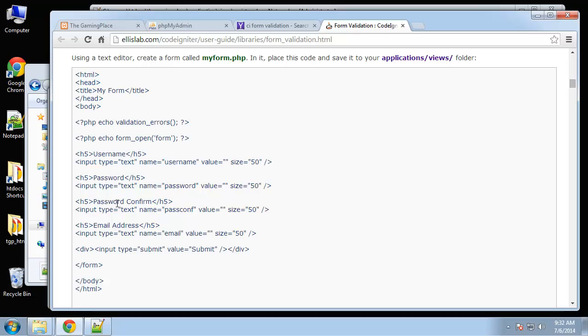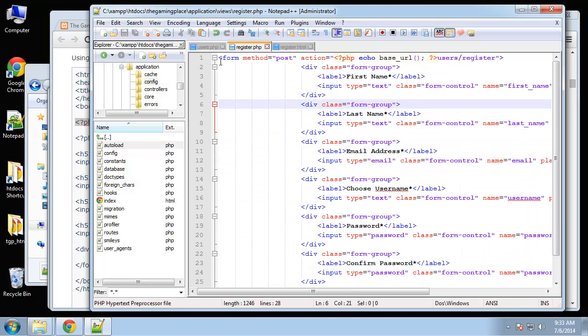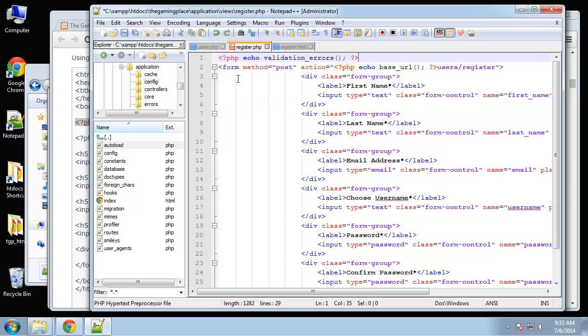And in your view, obviously you want to display the errors. So if someone leaves out a required field, you want it to say, well, this field's required. And it's very easy to add that functionality. All you need to do is add this line to your template or to your view. So let's do that now. I'm just going to copy that and then go to register, my register view, and right above form,